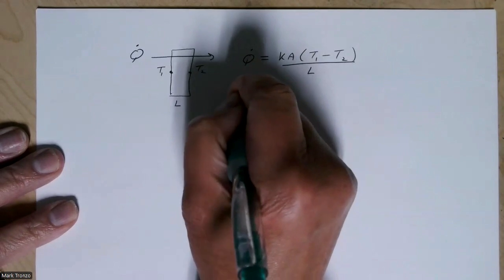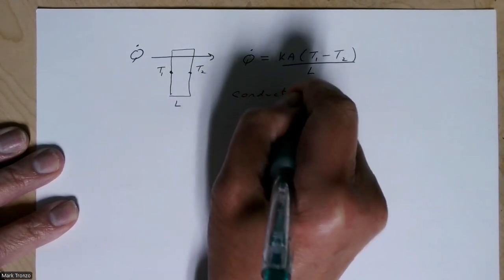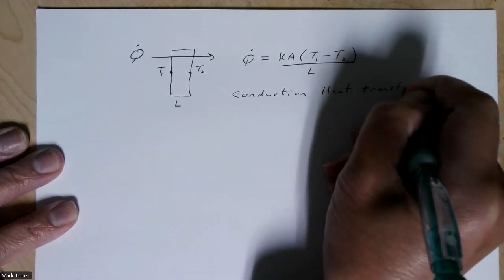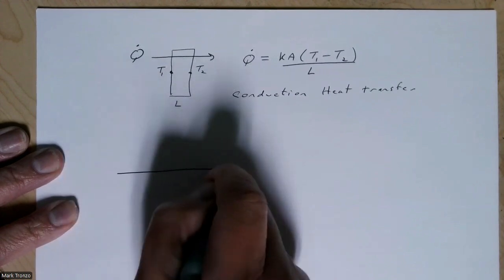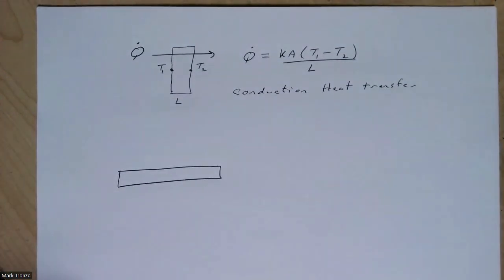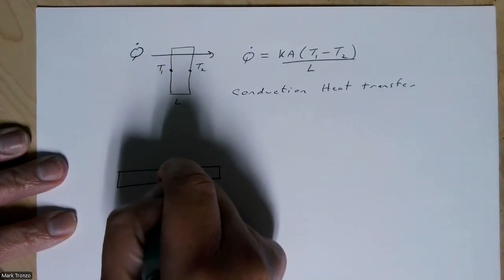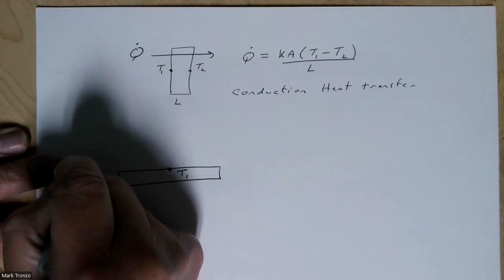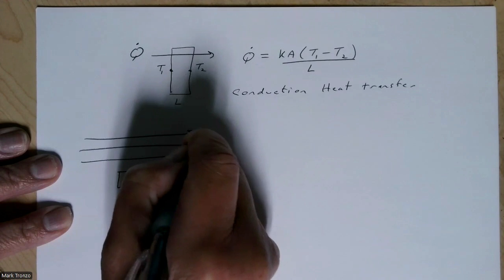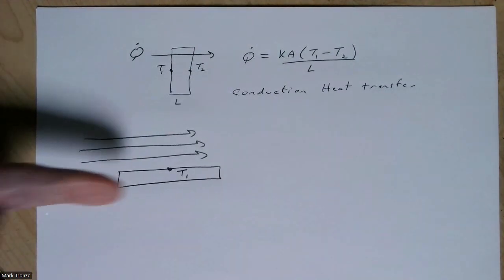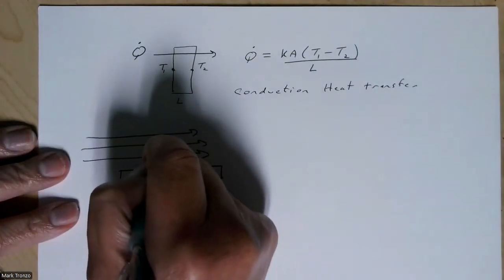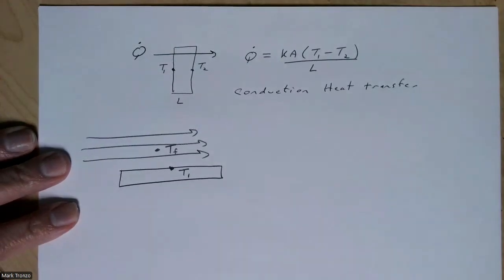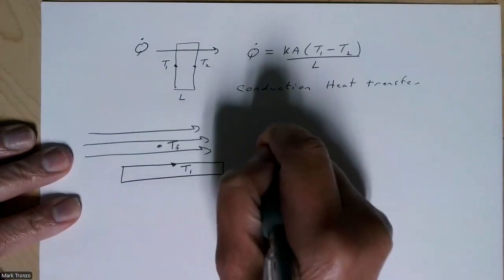So this was conduction heat transfer. And then convection occurs, maybe most typically, let's say you have some kind of surface here, and it's at some temperature, maybe call it T1, and then you have maybe air flows over the surface, let's say like this, and it's flowing at a certain velocity, and the air or gas or liquid, it could be any of those things, it has some temperature TF. And so again, this is for convection,